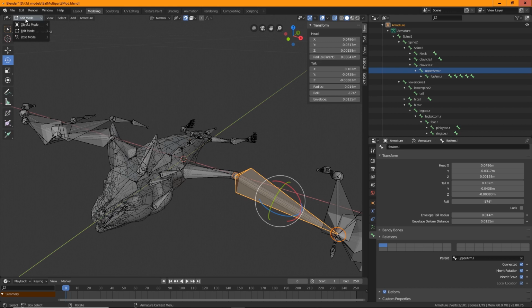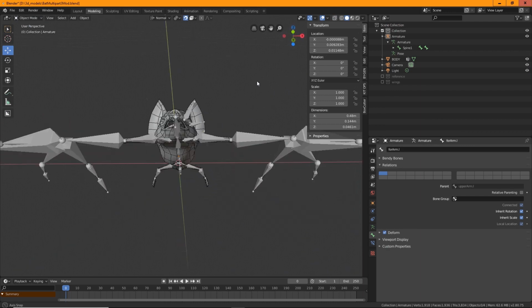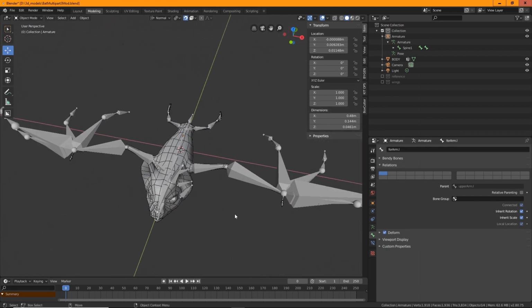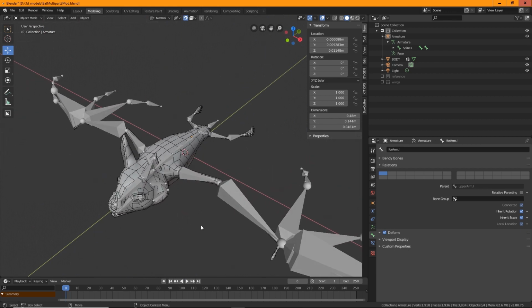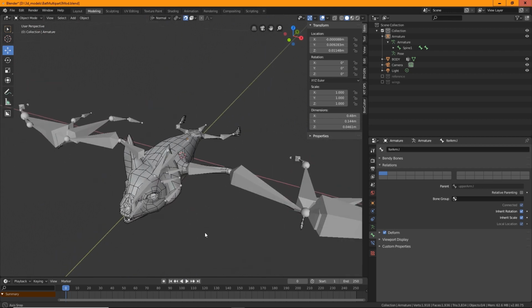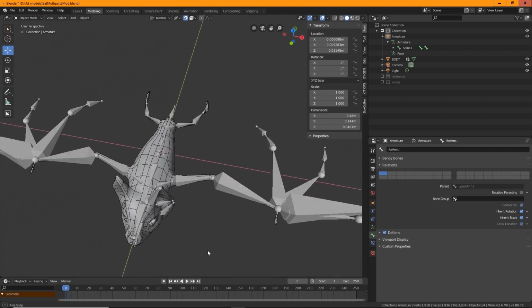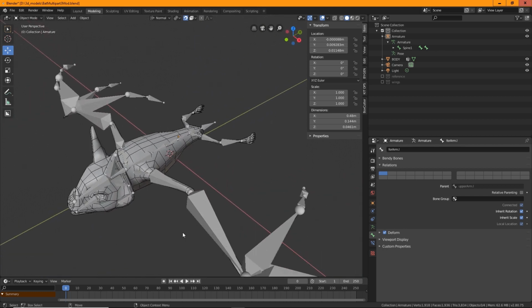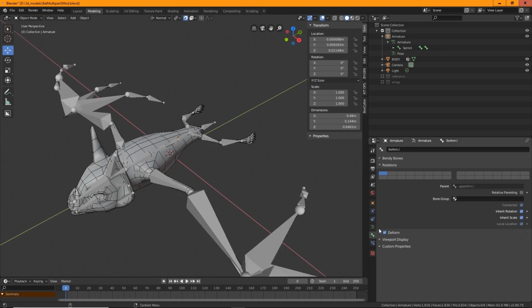All right, so now edit, object mode. We can turn off X-ray. There's our skeleton. Now I could go and do a bunch of setup where I create some IK and stuff, but there are tutorials on how to do that, and it's pretty straightforward. And to be honest, we don't really need it for this. I just want to go ahead and show how this thing animates once we rig it in terms of the armature. So if we turn on now our wings